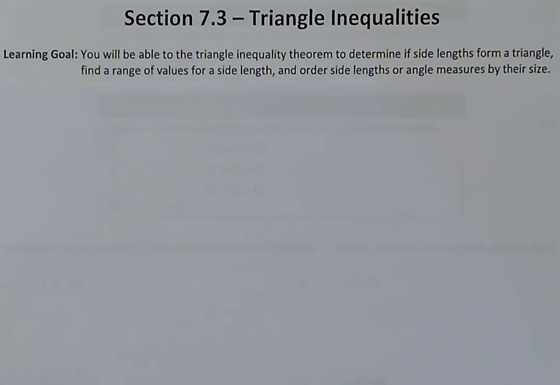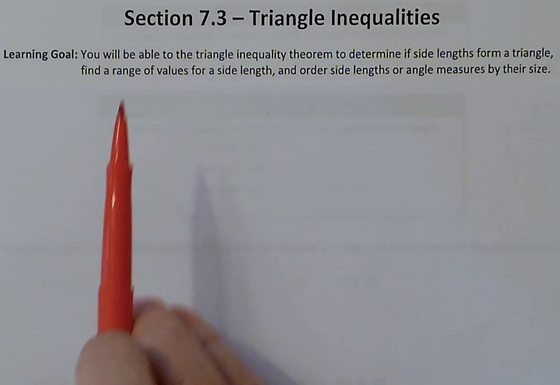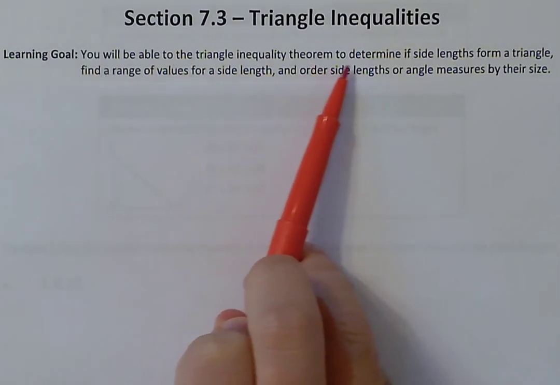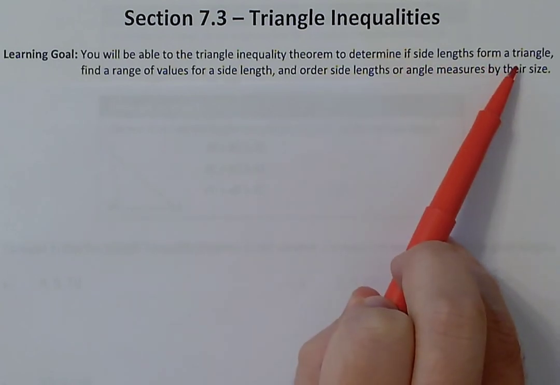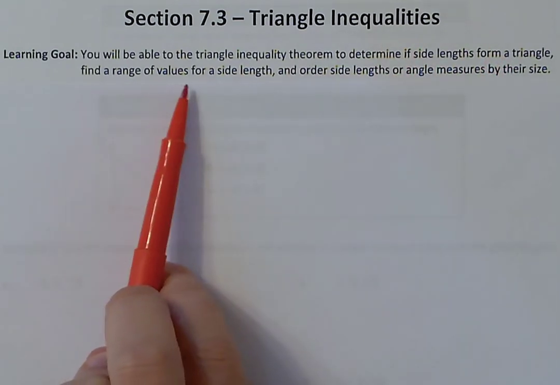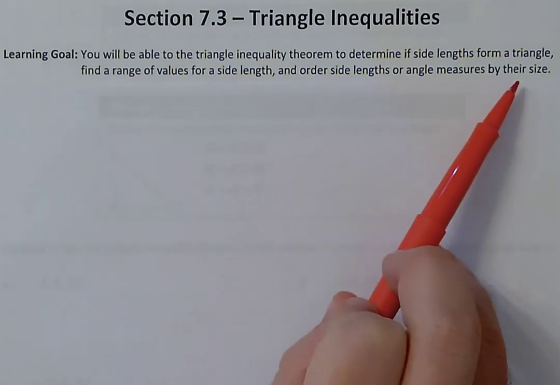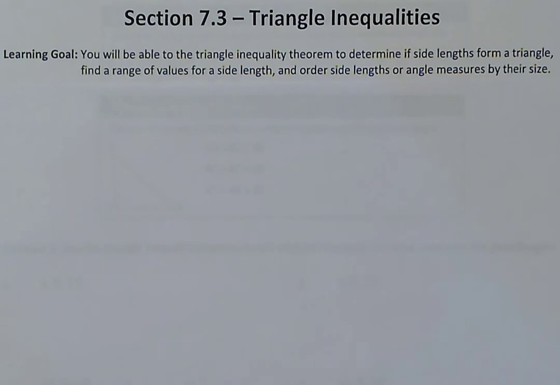For today's lesson, we're going to be taking a look at section 7.3, which is going to deal with triangle inequalities. Now, for today's lesson, we have one learning goal, and our learning goal for today is that you will be able to use the triangle inequality theorem to determine if side lengths form a triangle, find a range of values for a side length, and order side lengths or angle measures by their size. So there's a lot in this learning goal, and throughout the lesson we're going to unpack all of those different